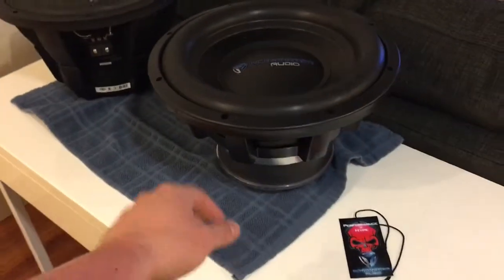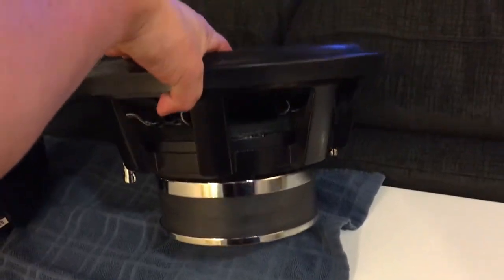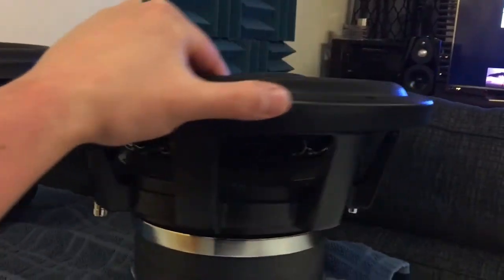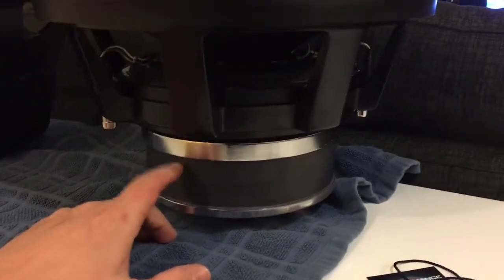I don't know, go on their website. The butt looks like this on one of their other ones, one of their ground pounders, which is amazing. I love the basket. I love everything about this thing. The lead wires are sewn in, as you can see somewhere around here. And the only thing I'm really missing is the